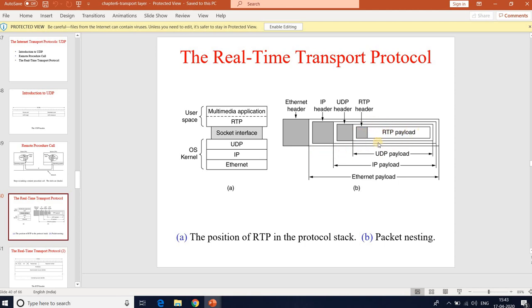The RTP payload is in the RTP header format, this is the UDP payload in the UDP header, the IP payload in the IP header, and the Ethernet payload in the Ethernet header. RTP has no flow control, no error control, no acknowledgements, and no mechanism to request a retransmission.